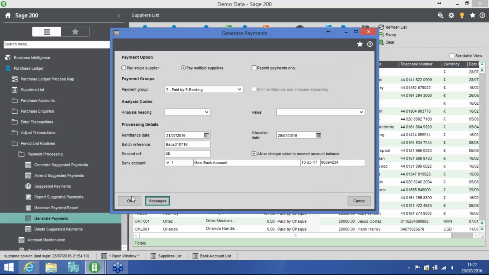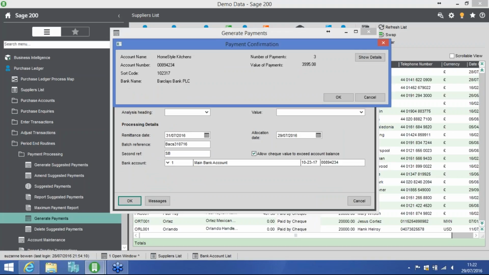OK, we're happy with our screen on our payment options, so we just select OK. Sage is now going to look at all the supplier accounts in our eBanking group, and it's going to make those payments. Now, because it's eBanking, we get this payment confirmation screen. It's telling us our account details, so it's coming out of our home style kitchen account, account number, sort code, and bank name. We're making a total of 3 payments, and the total value of our payments is